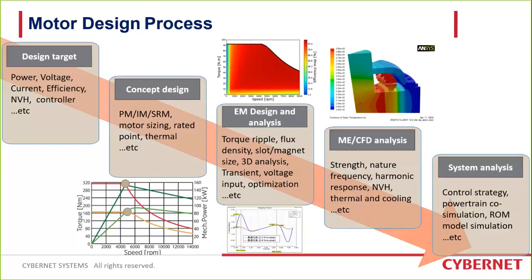And we can use CFD analysis to find the thermal and temperature rising, and so on. And after this analysis, we finish the motor design. But if you are not using an industry motor,